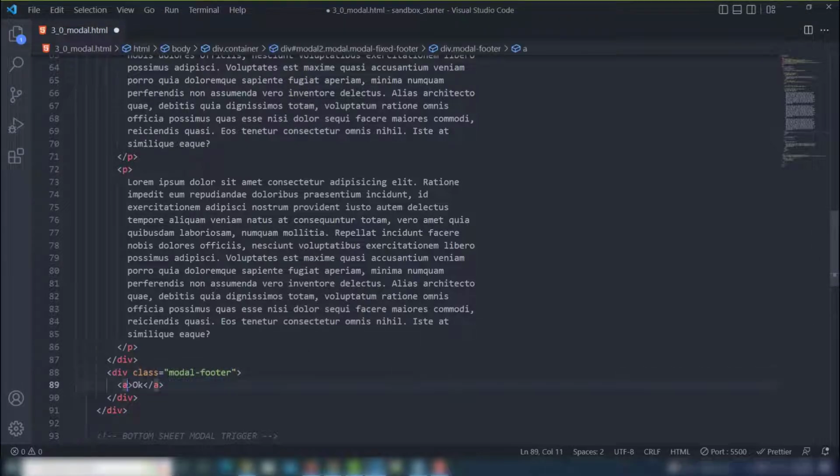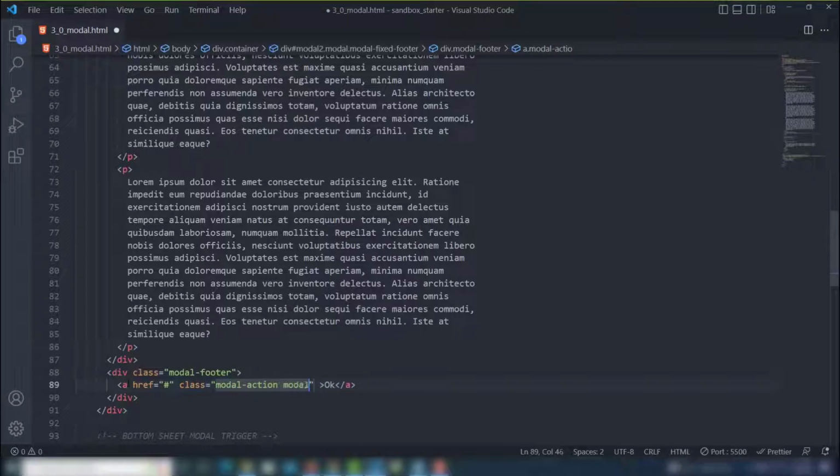And this will be class href, and this will be class modal-action modal-close,